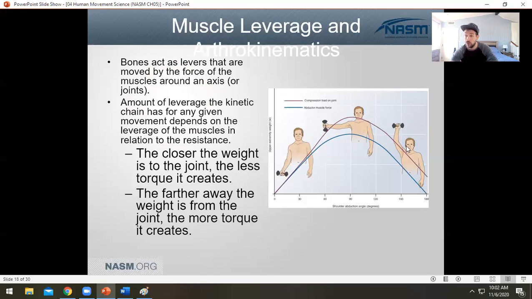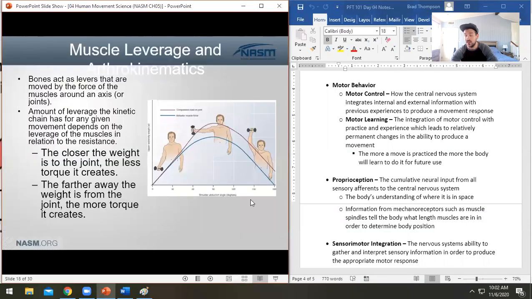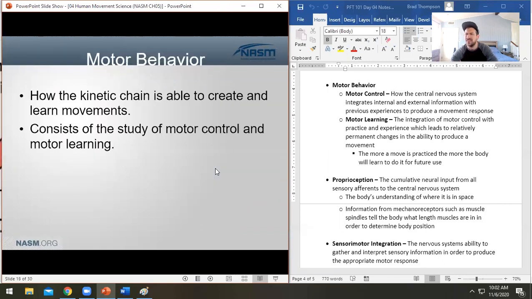It'll actually feel relatively light again. And it'll feel really light down here. So the closer the weight is, the less, we call that torque, by the way. The closer the weight is to the center of the joint, the less torque there is. Don't worry about that though, guys. Honestly, I want you to move past that concept. That concept is not super key for this course. We talked about it a lot in kinesiology, so you need to know it, but like,